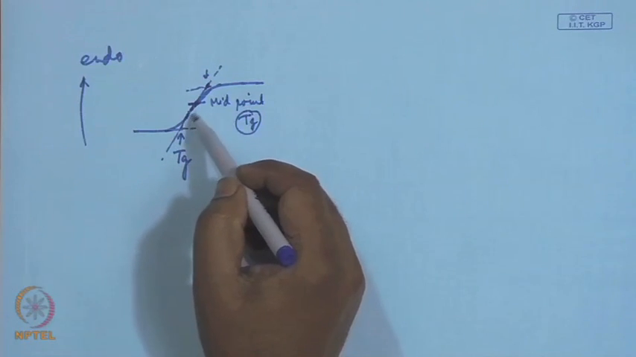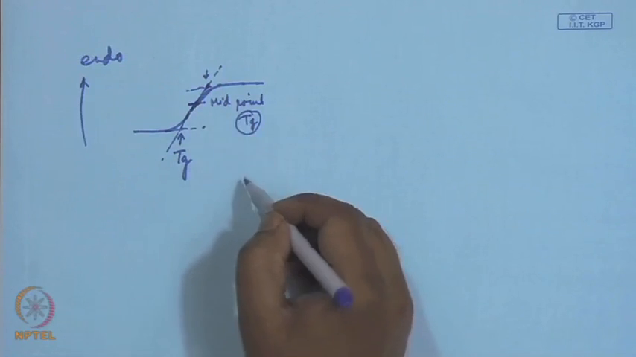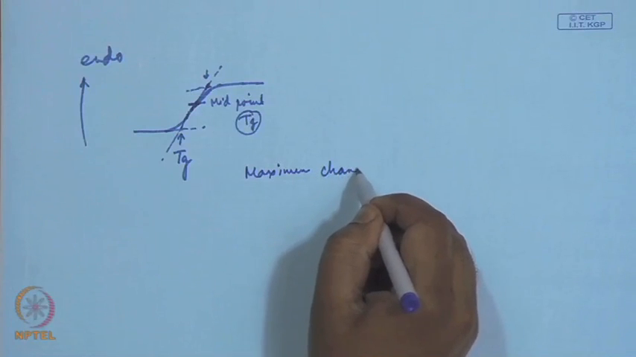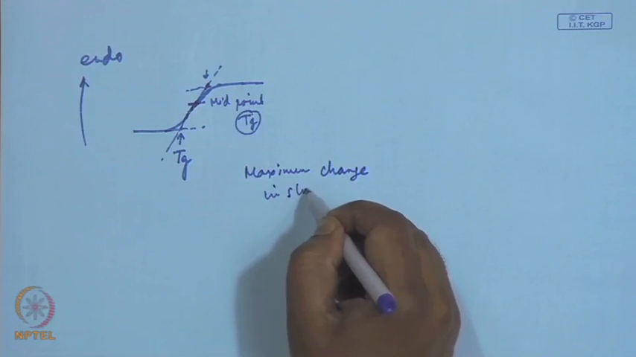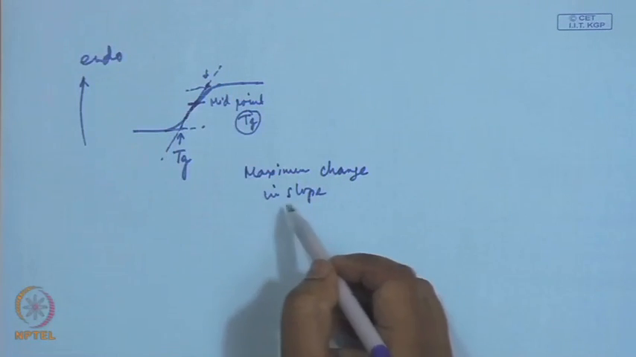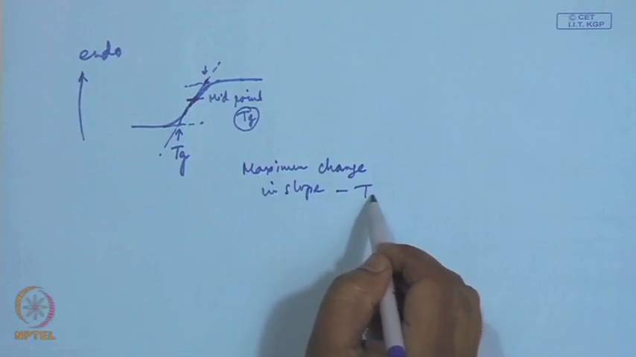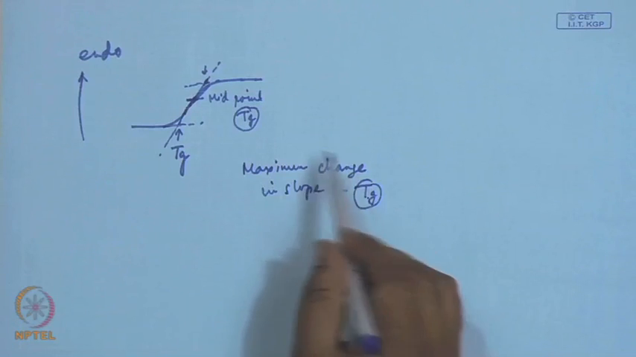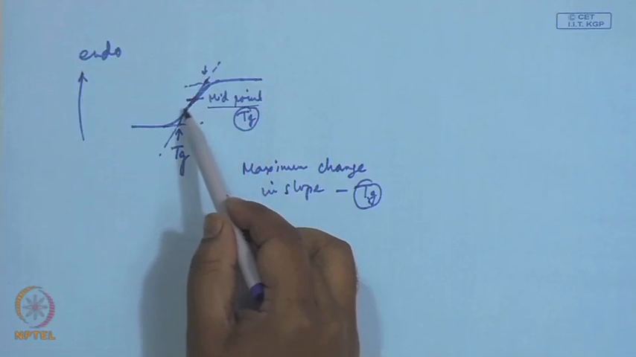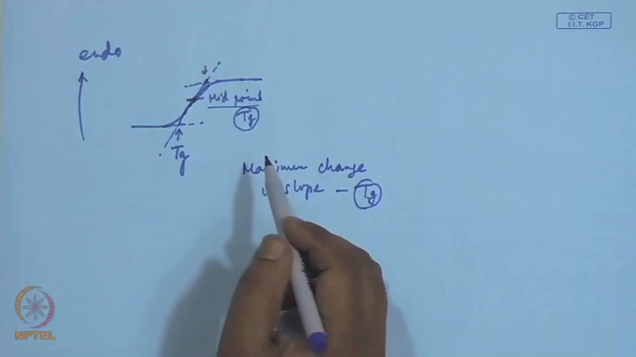and in some cases, the point where there is a maximum change in the slope during this entire temperature range, as the slope keeps on changing. The point where the maximum change in slope happens, some people consider that as Tg. Now, this is very close to the midpoint of this changeover. So, generally if nothing is mentioned,